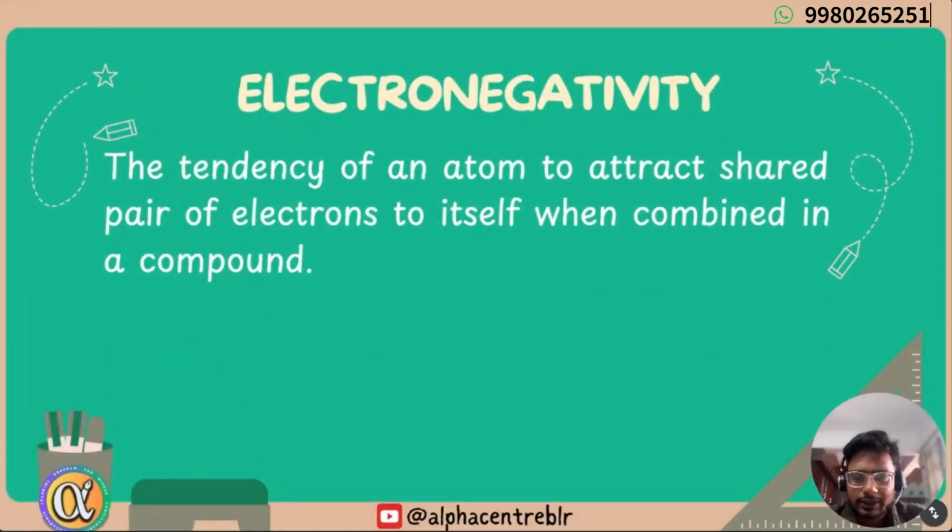Electronegativity. This is another periodic property. Electron affinity and ionization potential, the two properties which we did before this, are basically energy terms, which means they are measured in energy. This is not an energy term. This is not like some energy released, given, or taken. This is more about tendency. So electronegativity means the tendency of an atom to attract the shared pair of electrons towards itself when combined in